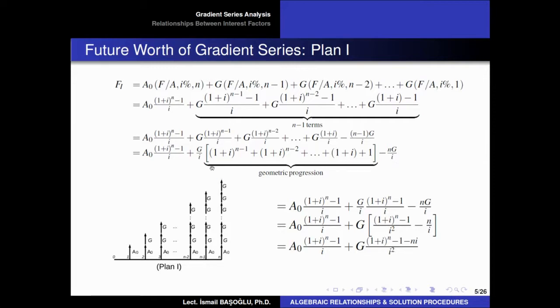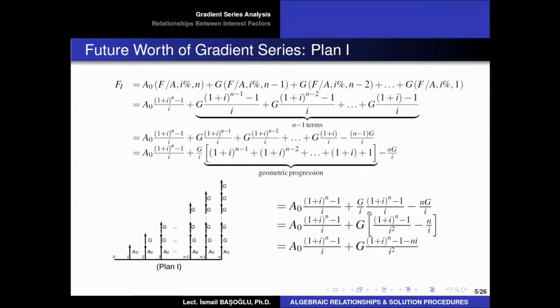Now, last week, you learned that this finite summation is called the geometric progression. And the sum of this geometric progression was equal to what? The uniform series compound amount factor, right? So the first component is directly written here. The second part, where we have a multiplier of G over i, and the sum of the geometric progression, which is again (1 plus i) to the power n minus 1 over i, minus